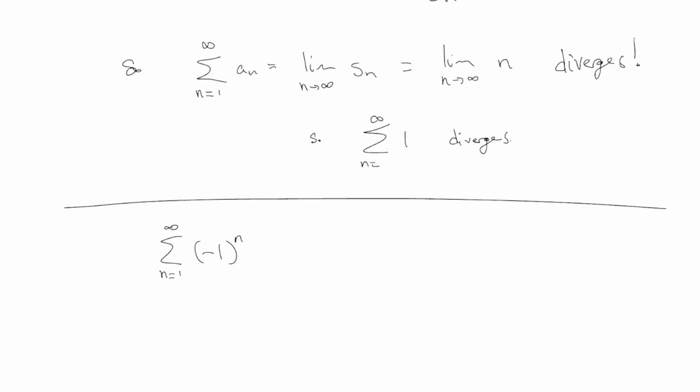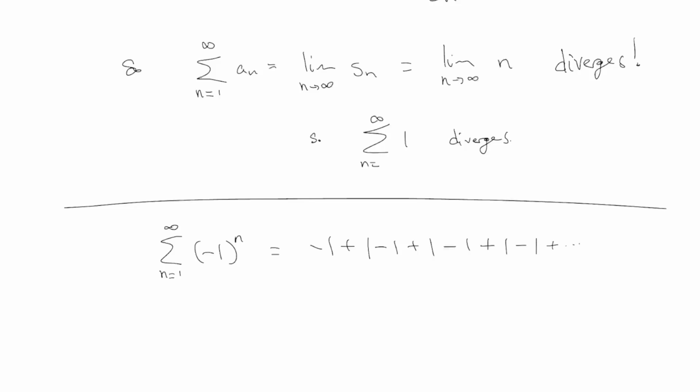Of course, if I were to write out the terms here, they are alternating negative 1, positive 1, negative 1, positive 1. And what I'm suggesting is you add them all up. So if I were to write this out in terms, it would be minus 1, well, can I just say minus 1 and then plus a positive 1 and then plus a negative 1? That's like this, and then plus a positive 1 is this, right?